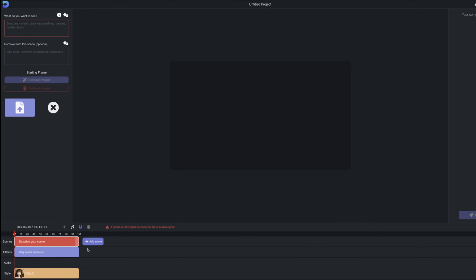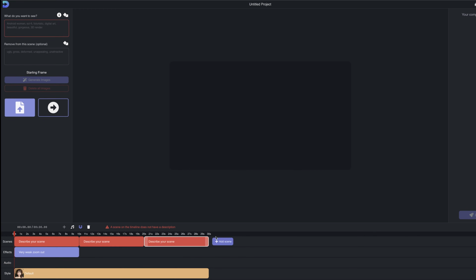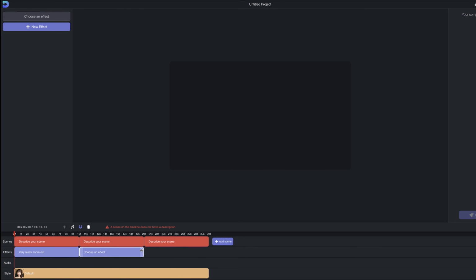Down the bottom you have a typical sort of video editor where you have your initial clip that you can scale if you're using the standard Flickr model. You can press add scene to add more clips to build up your edit. The second row allows you to add effects. So you can set camera movement that you're going to see in the scene. You can bring in audio, which we'll do in a second, and you can set an overall global style